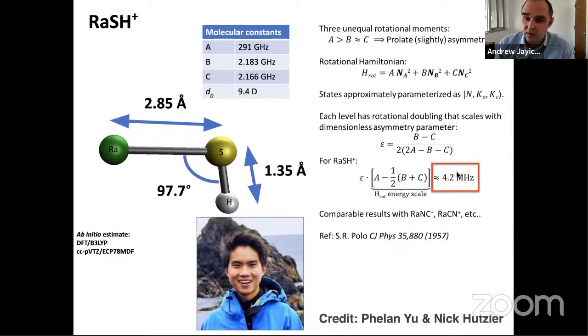I'll point out that our science states in this system, RaSH, which has an interesting name, are separated by a really convenient frequency for the technique that we want to do. This is all really preliminary, but for us, it's really exciting. And I'll say a little bit more later about our flexibility in changing molecules. We're not too worried about switching molecules, and maybe that will be clear towards the end.